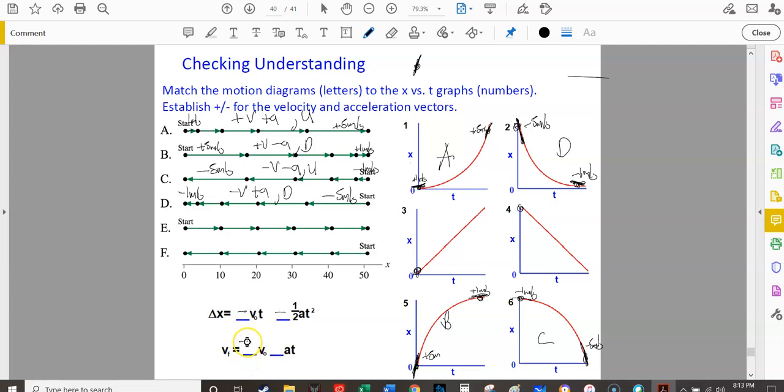Cool. Let's try E. E has a positive 1 meter per second, and it looks like the size of that velocity vector isn't changing, so it's going to end up with a positive 1 meter per second. Well, I'm going to be looking for an instantaneous slope in the beginning and an instantaneous slope at the end, both the same as being positive. So this looks like it's going to be E,